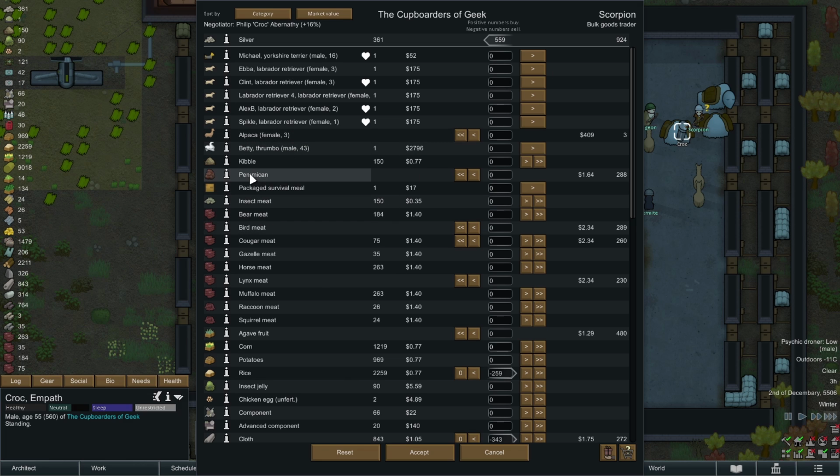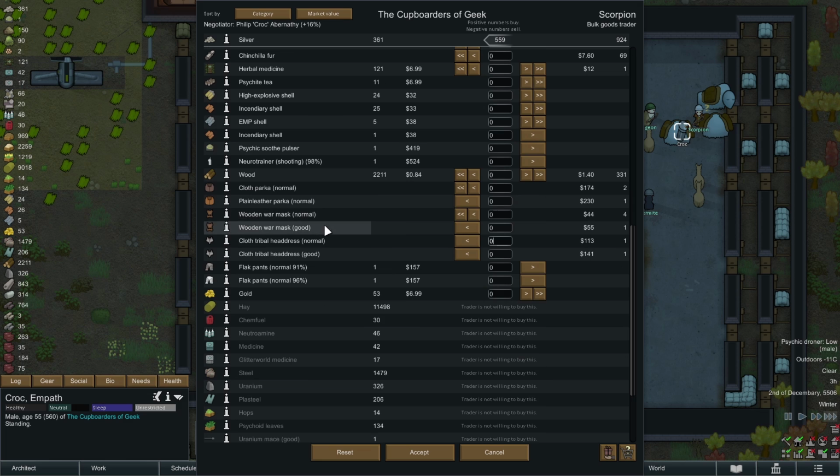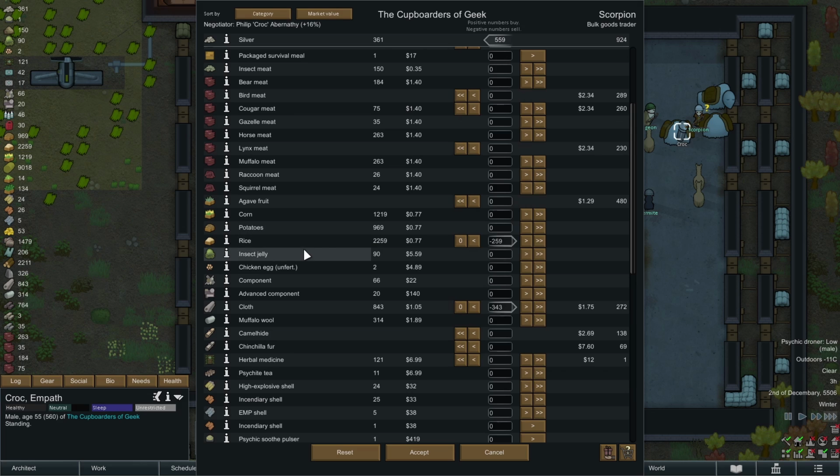You've got an alpaca and some pemmican. You've got various types of meat and stuff. And then down here you've got like the wooden war masks and that kind of stuff. Not really interested in that. Not really bothered. So what we're going to do is we're going to get rid of 259 units of rice,